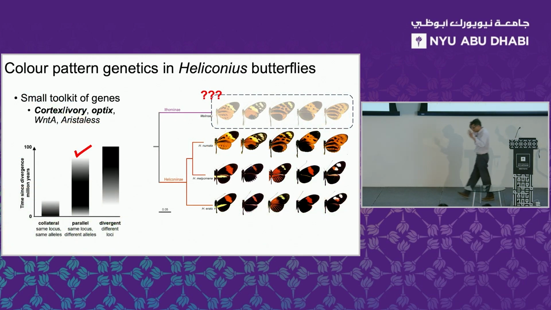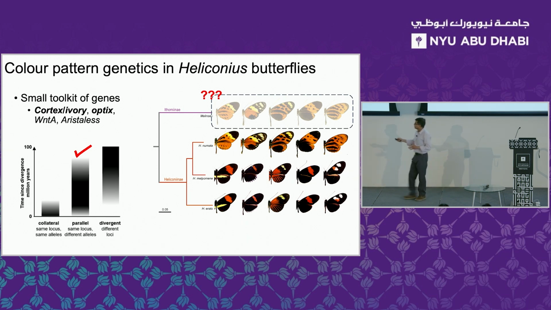Okay, so what do we know about the color pattern genetics in butterflies and Lepidoptera? A lot of work has been done on understanding the genetic basis of coloration in Heliconius butterflies. As it turns out, it's only a small number of genes, which I've put on over there: cortex, ivory, optix, WntA, and aristaless. Basically, those four genes, and in particular ivory and cortex, combine to produce this huge diversity of